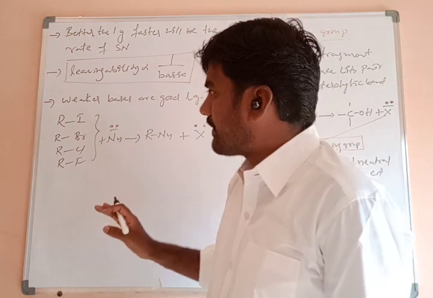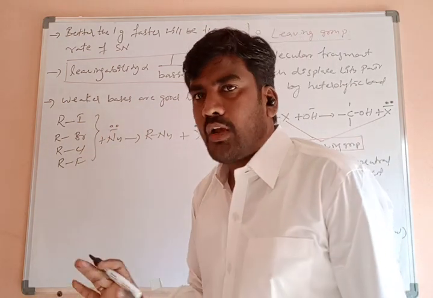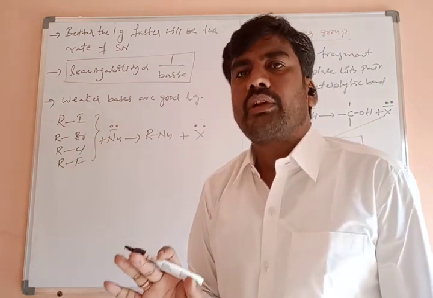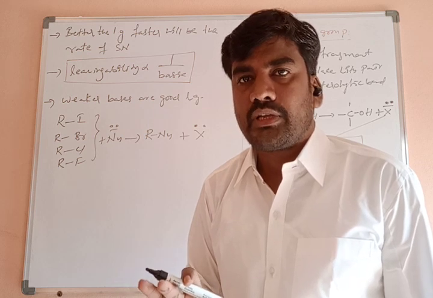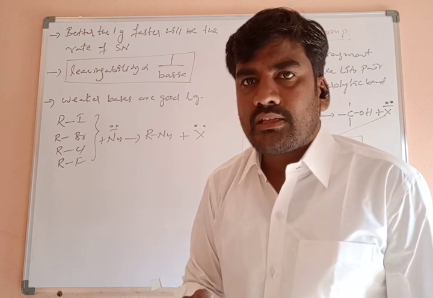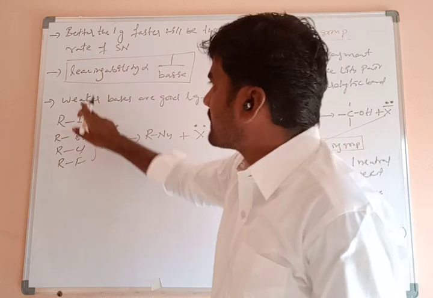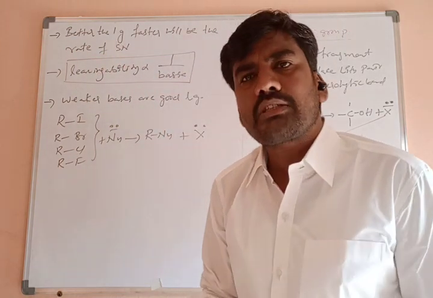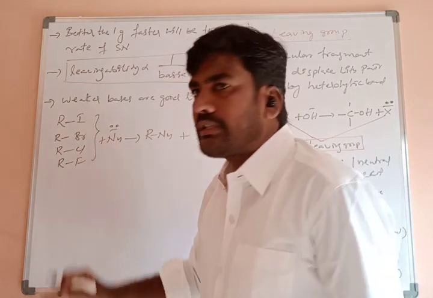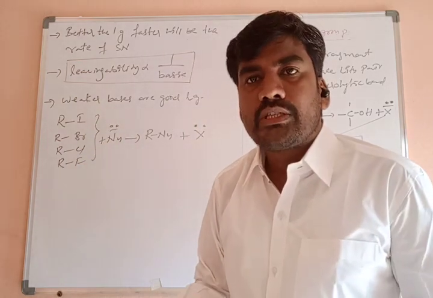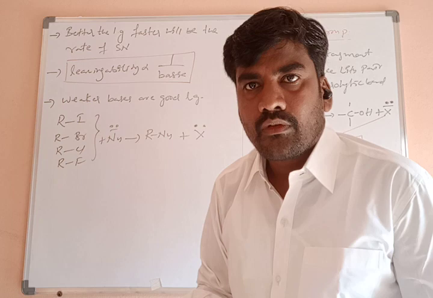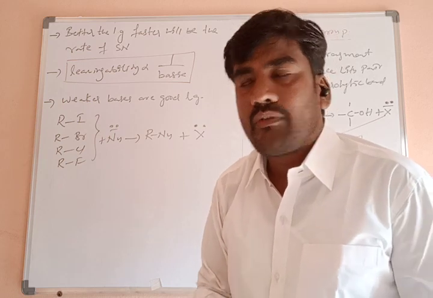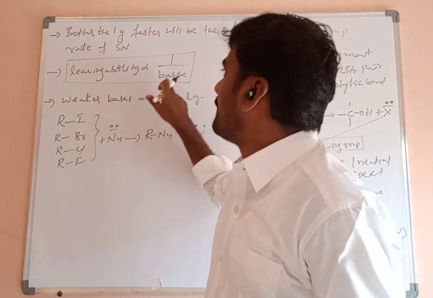The alkyl group is the same. What is the difference here? Different halogen atoms are there. Which is more reactive towards the nucleophilic substitution reaction? The better the leaving group, the faster the nucleophilic substitution reaction. Among these, which is a good leaving group and which is a poor leaving group? We compare them with the basic character